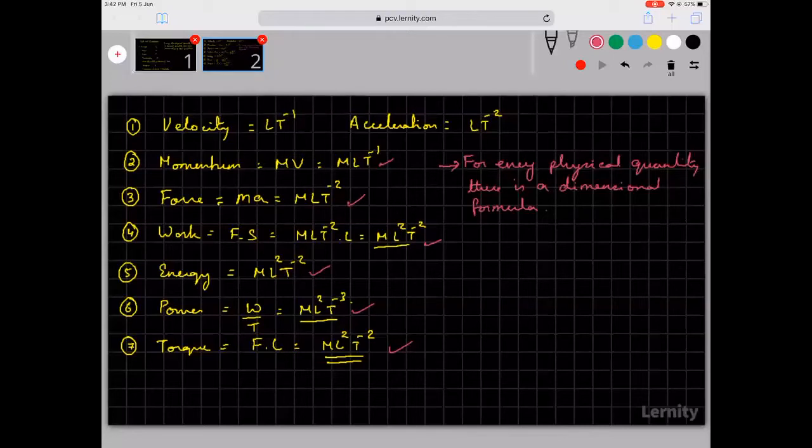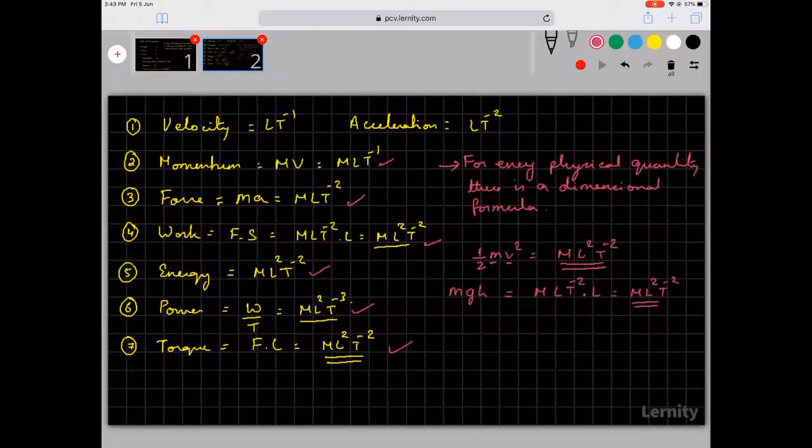So in your exam, I can ask you what is the dimensional formula for energy, and you should know. Energy is like half m v squared. So it will have the dimensions of mass and v squared, so M L squared T power minus 2. So this is the dimension of energy. Energy is also m g h. g is nothing but acceleration. So m into acceleration, L T power minus 2, into L. So that is equal to M L square T power minus 2. So this is the dimensional formula for work, for energy.